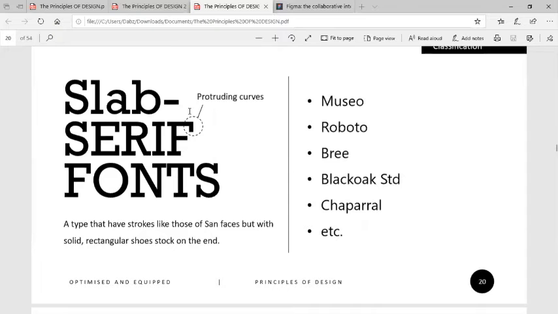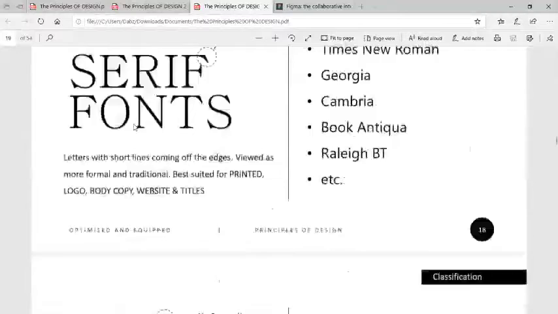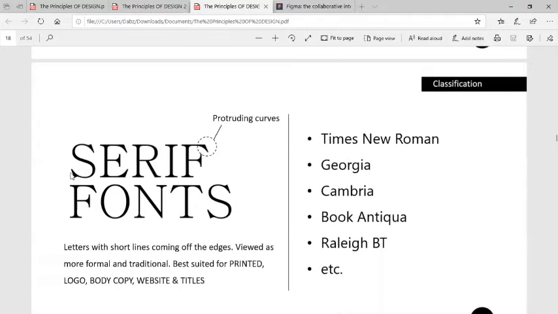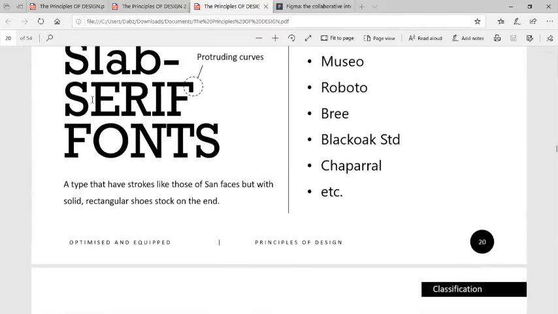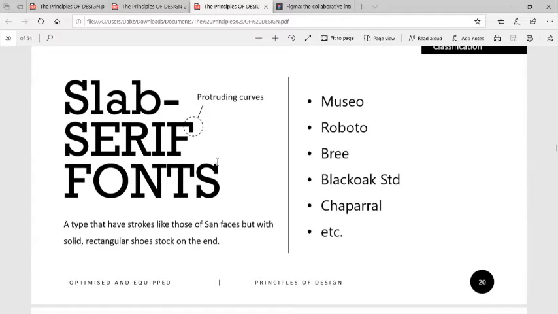So you talk about slab serifs. The difference between slab serif and sans serif is this very sharp edge that they have. This one has something like a slab or rectangular edge, but that one has a sharp edge. So these are some. If you notice,